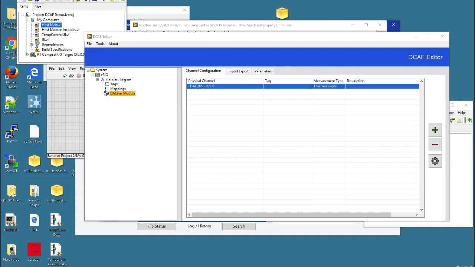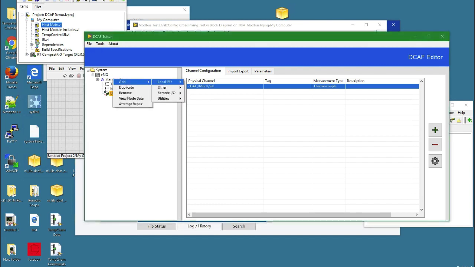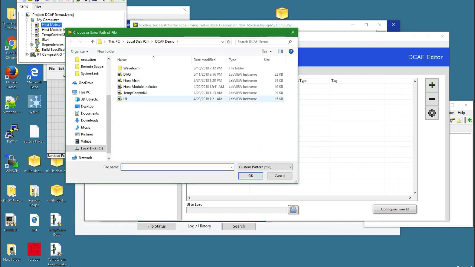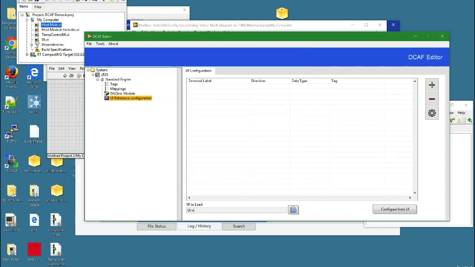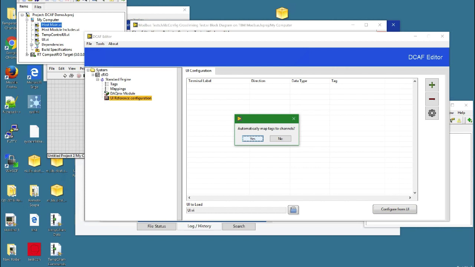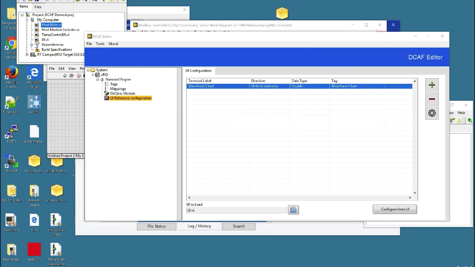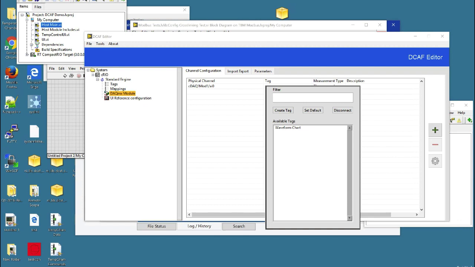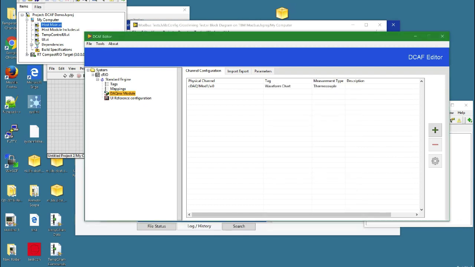Then if I want to log this or show it in a UI, I could just add a local UI. I could select here in my UI to configure the UI. So I have one simple UI that is called UI. Configure UI will import all the controls that I have automatically. And I have here the indicator and the target waveform chart. The advantage here is I can just map from one to the other. So in here I can select which tag I'm writing. That is the waveform chart.